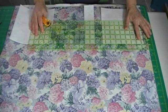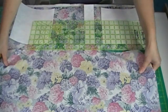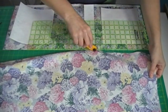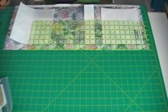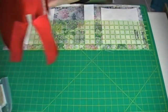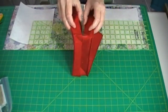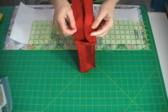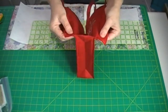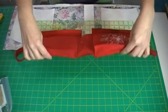And again, we're calling this good enough, and cut that off. And sure enough, it won't cut cleanly. I don't really care. It's not perfection. So here's what I did: I opened up the bag and cut it. Now the sides, remember, it went about like this because it was a little gift bag. So I cut down here, and then I cut across the bottom to open it up so that it goes